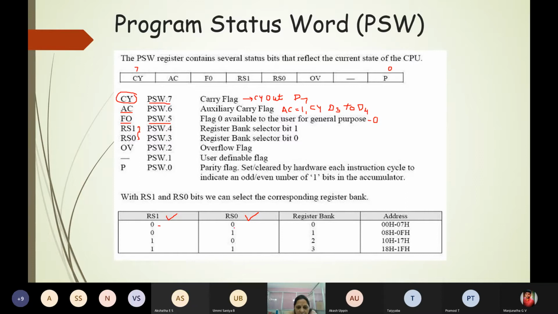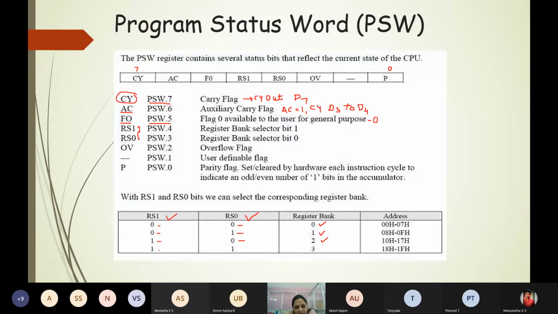If RS1 and RS0 bits are 00, then register bank 0 is going to be selected. If RS1 is 0 and RS0 is 1, register bank 1 is selected. If RS1 is 1 and RS0 is 0, register bank 2 is selected.